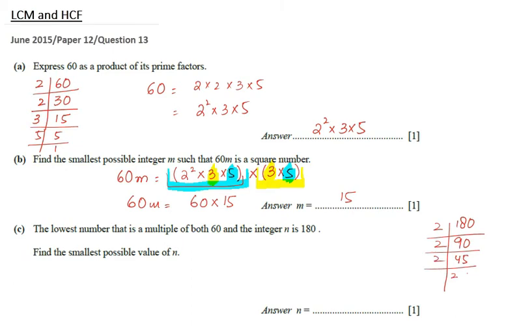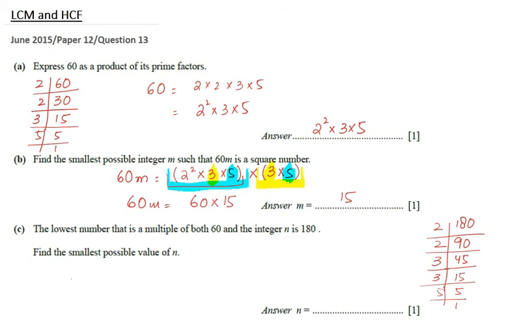We cannot divide it by 2 because 45 is an odd number, so we will check in the table of 3 then. So 3 times 1 is 3 and 3 times 5 is 15. Then 3 times 5 is 15 and 5 times 1 is 5. So now they are saying we have two numbers, 60 and n. If we find the lowest common multiple, or LCM, of these two numbers, the LCM is 180.